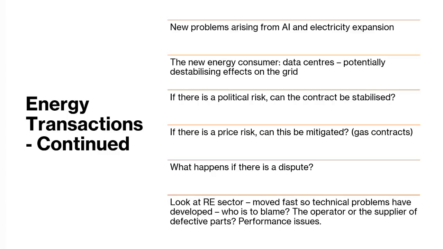If there's a dispute, what happens? Well, I've already told you that. The favored method is arbitration. And we're going to talk about that later in the course, so I'm not going to say any more about it. And I think I've already dealt with that last point about renewable energy, so I don't need to add anything there. So you see, we've got a few sectors here that are all different and are all immensely important for international commercial law, but they're different. I haven't said anything about nuclear, a little bit more niche. But these ones are all very, very important.